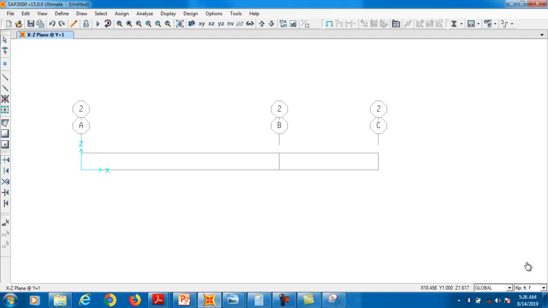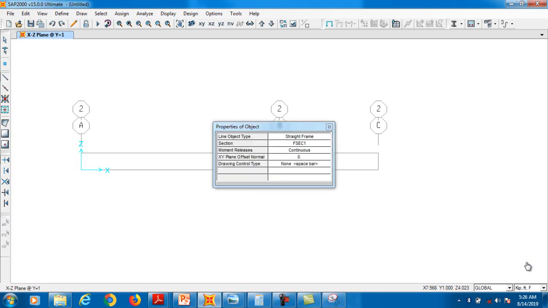Clear? Now I have to draw the beam. I am drawing the beam manually. So to draw the beam you have to use these options. Clear? You have to use these two options. Draw, frame or cable. And this is quick draw and frame. What's the difference? Let's see. Once you select this line,